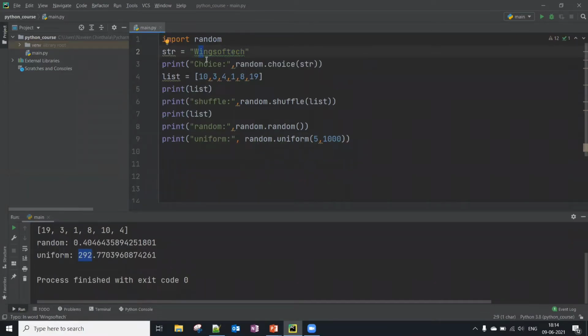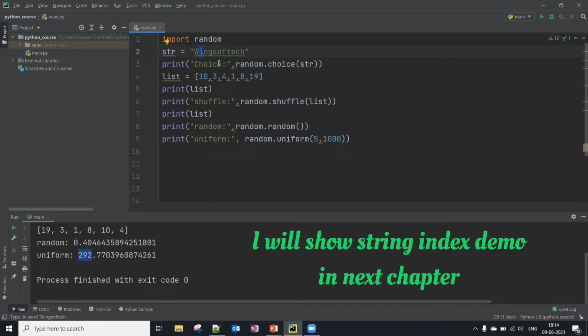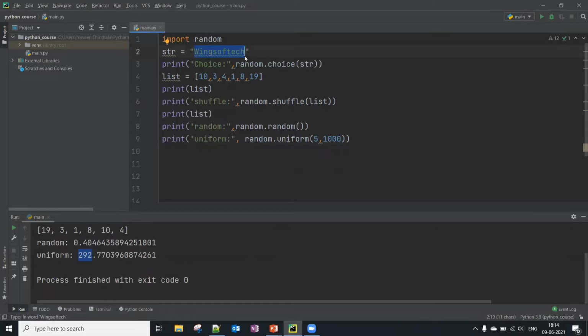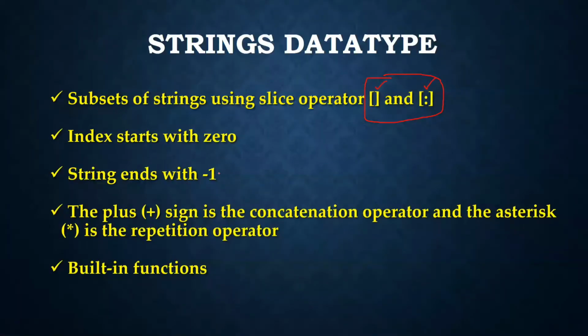Okay, this is the same across all other data types also, even for a list, where index 0 is item value 10 and then index 1 is 3, like that. Even for a string it's the same thing. Okay, and whenever you want to refer to the end of the string, let's say h, you can say -1. Okay, and the string ends with -1.